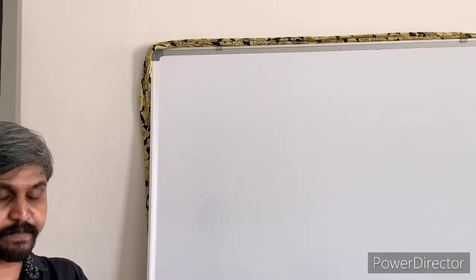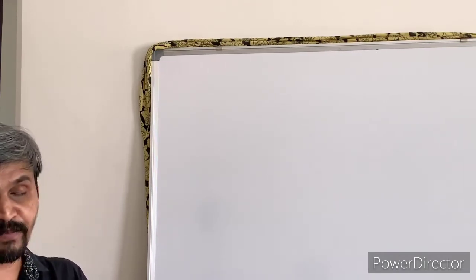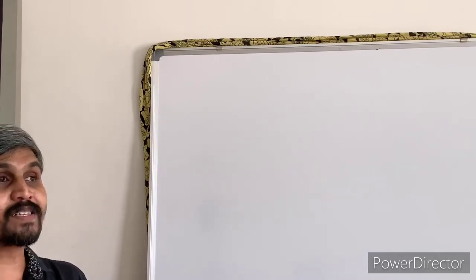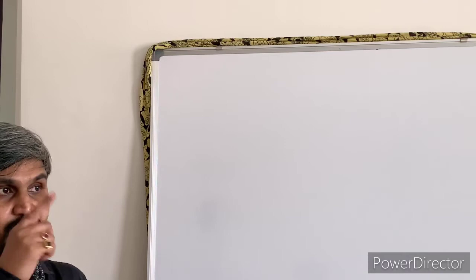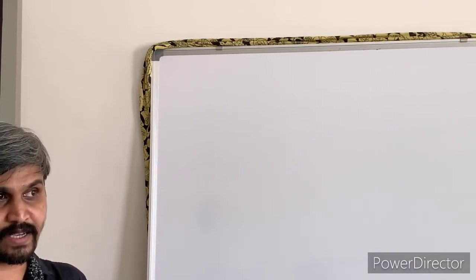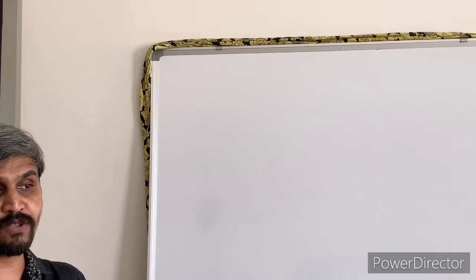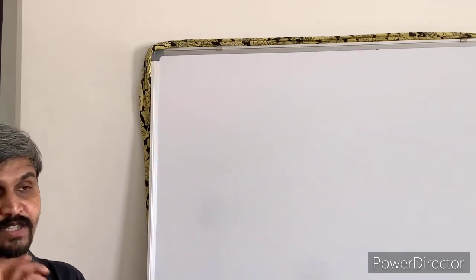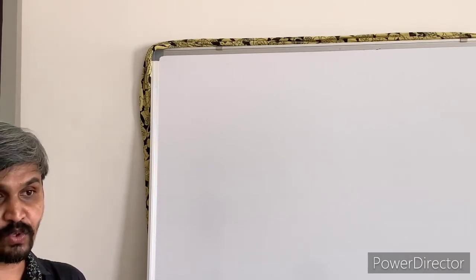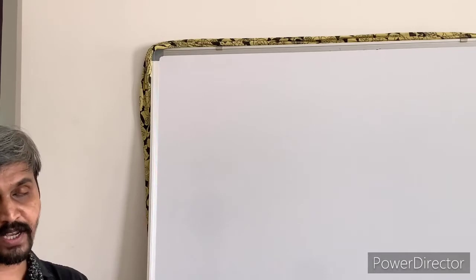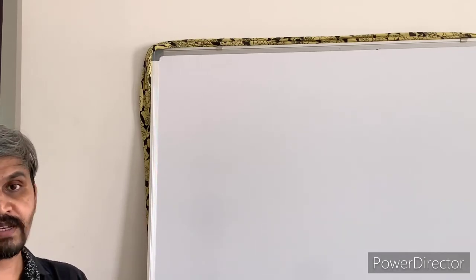Then rest mass of beta particle is, this value is very important, 9.1 into 10 raised to minus 31 kg. Now what is rest mass? Because electrons are continuously moving. We have studied this in 9th standard. If the particle is moving with a speed comparable to the speed of light, then its mass will increase. So if the electron is in motion, its mass will be different. So when the electron is at rest, what is the mass? The value is important, 9.1 into 10 raised to minus 31 kg.